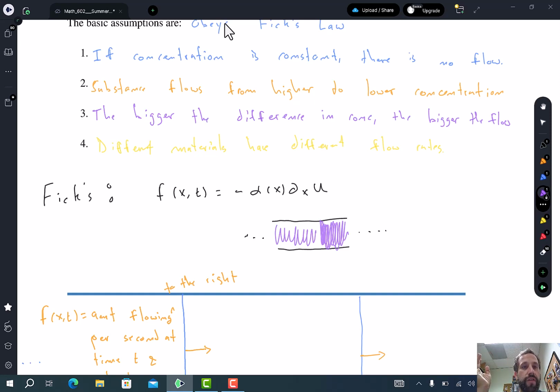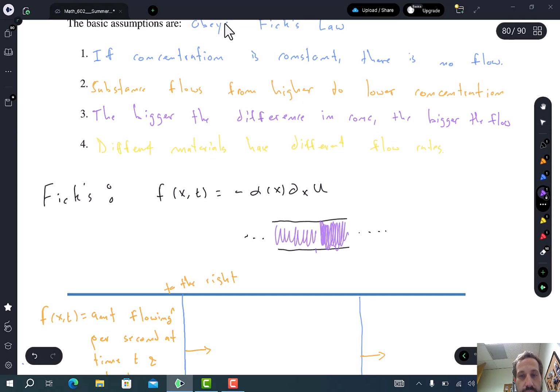How does the derivative come involved? Well, the bigger the difference, the bigger the flow. So the derivative tells us what the difference in concentration is. That's one way to tell us what the difference in concentration is. Like if I look at this point right here, and I call this point x, and I call this point here x plus delta x, then the difference in concentration